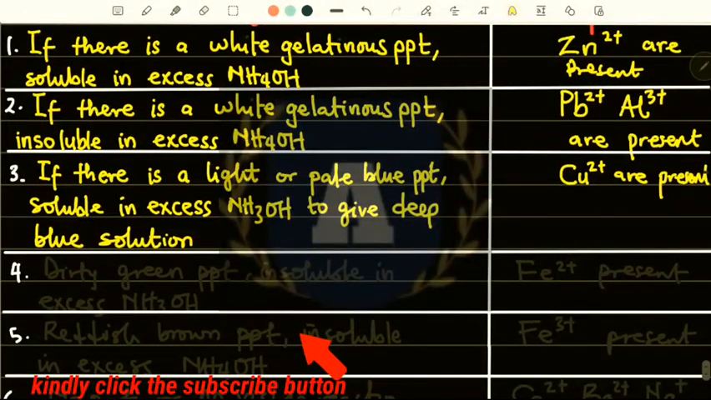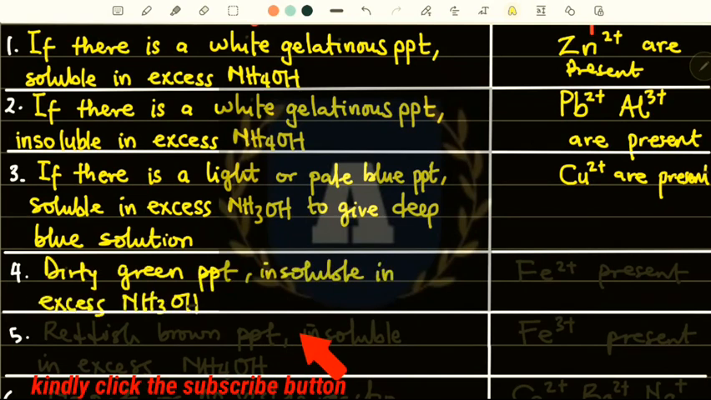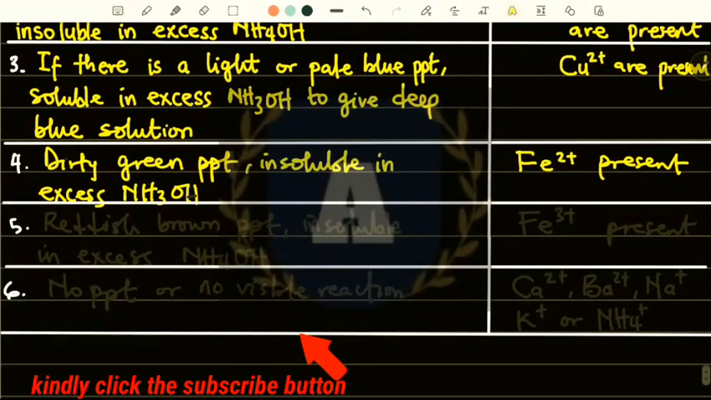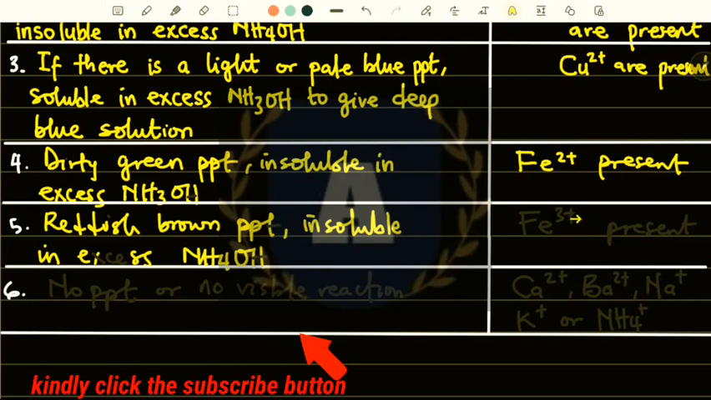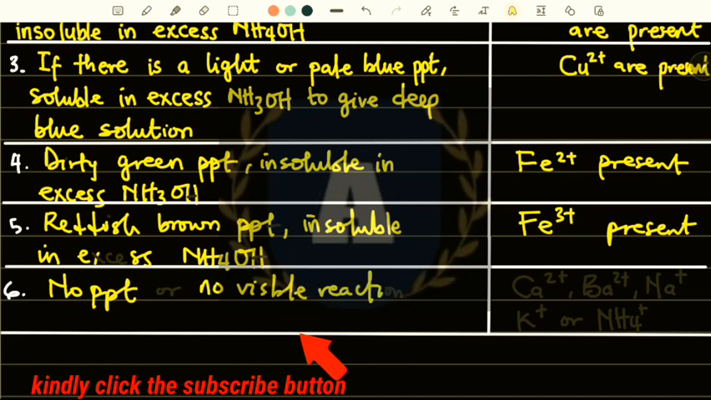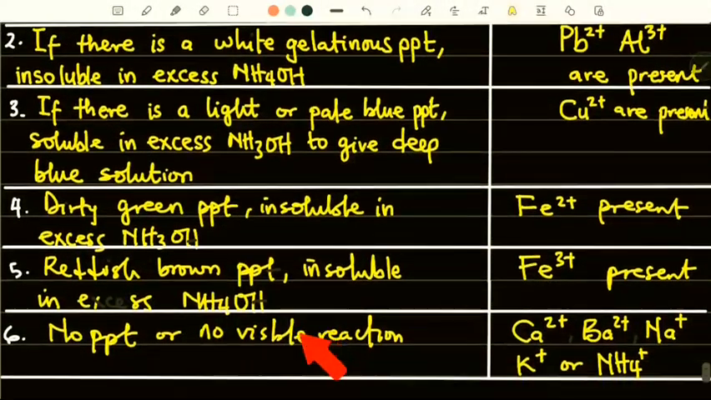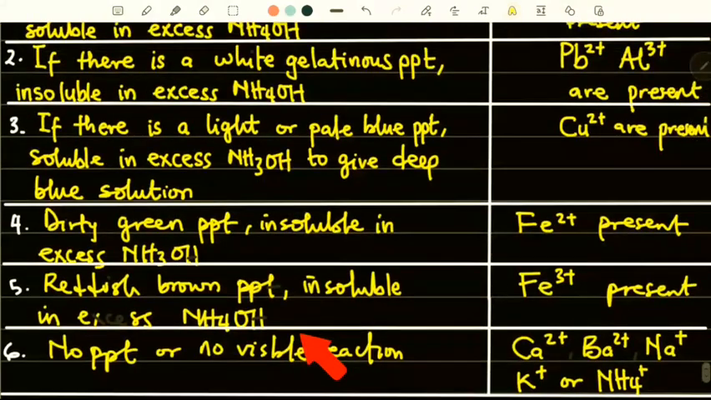If there is a dirty green precipitate insoluble in excess ammonia, iron 2 ion will be present. If there is a reddish brown precipitate insoluble in excess ammonia, then just know that iron 3 ion is present. Then if there is no precipitate at all, calcium ion, barium ion, sodium ion, or potassium ion are likely to be present. So now those are the summary of what we need to know about